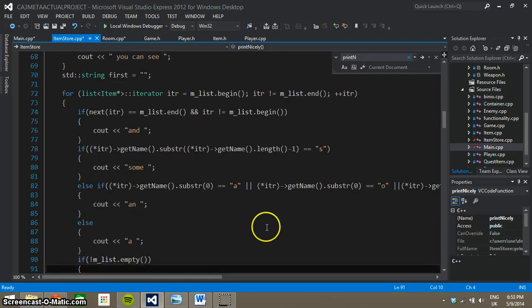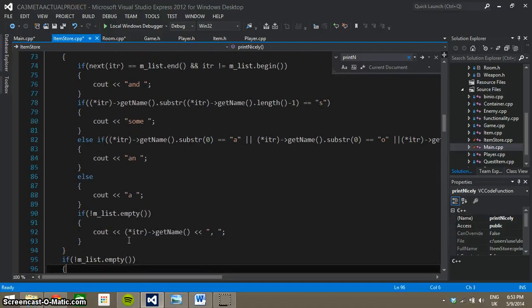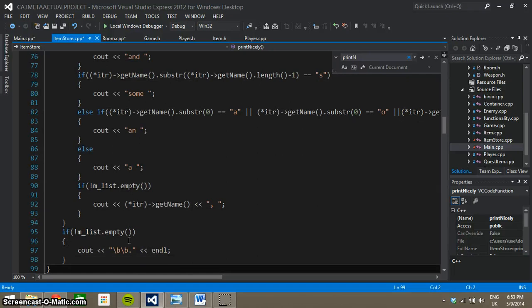So if the first letter is a vowel, so this goes A, E, I, O, U, A, E, I, O, U. Then put in an. Otherwise, just use a. And then, if it's not empty, after all of these get put in, the